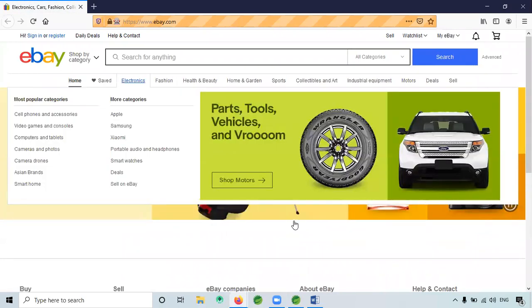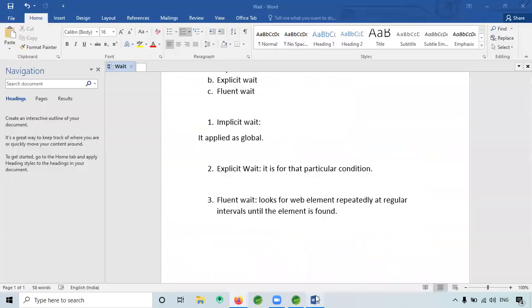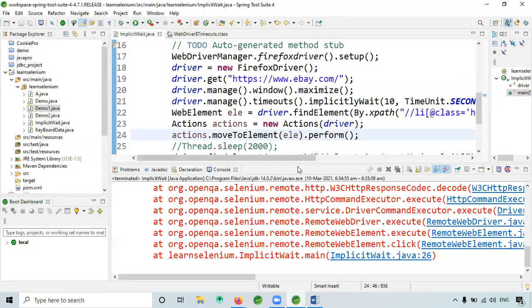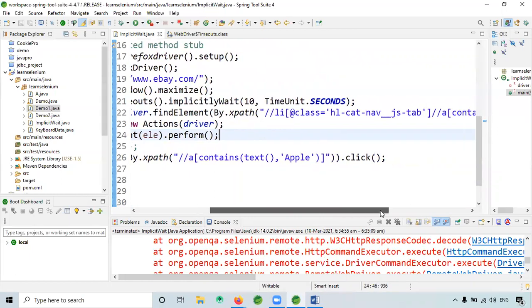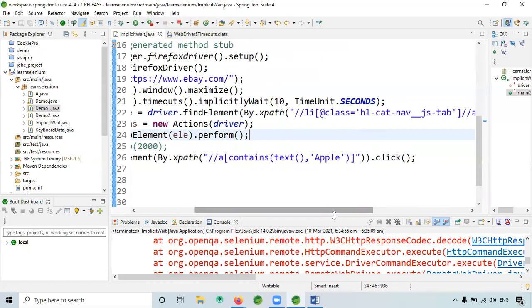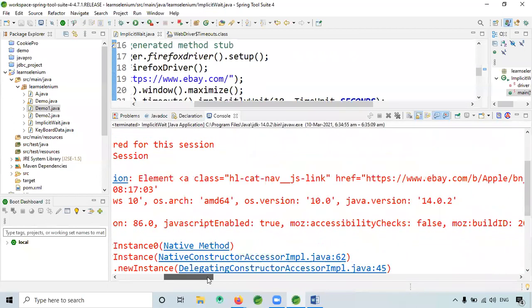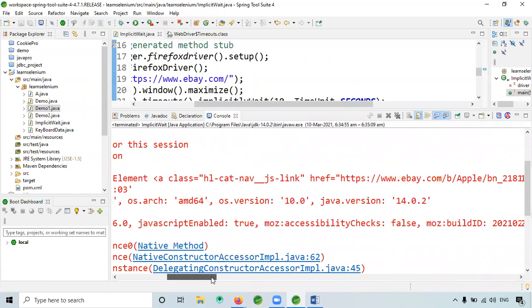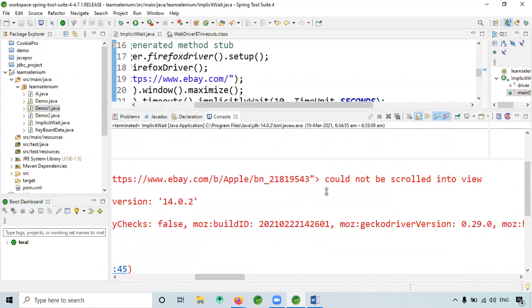Okay, it has not happened, is it? No, actually, what is happening is, the link itself could not scroll into view.